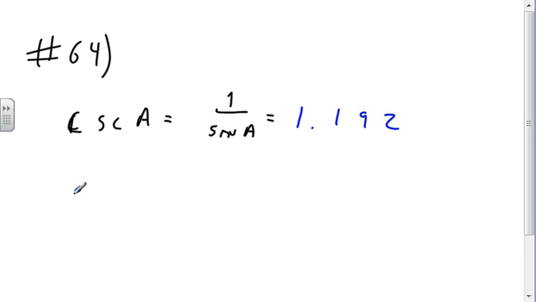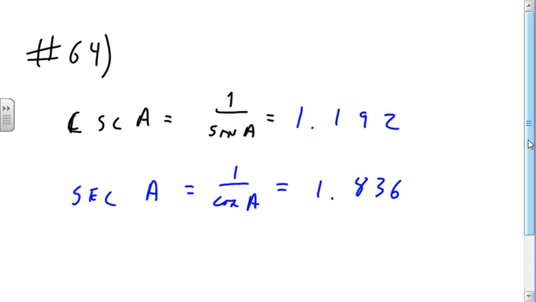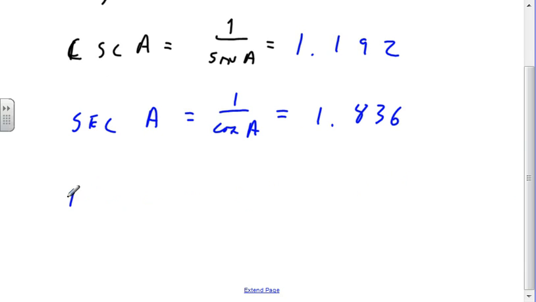And then we want the secant of A, which is 1 over the cosine. 1 divided by 0.5446. 1.836. Then I want the tangent of A